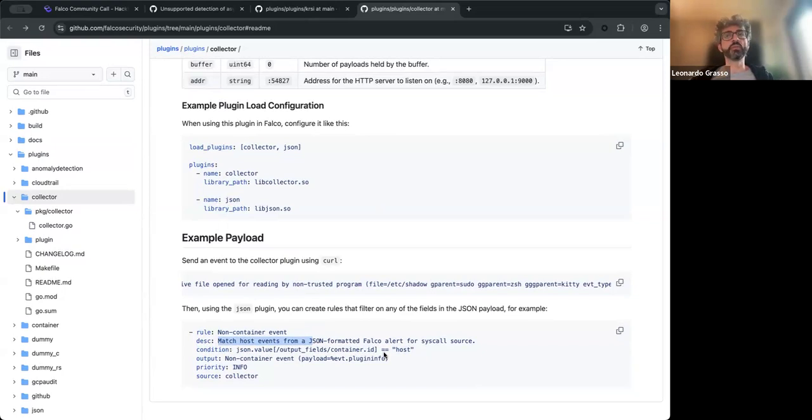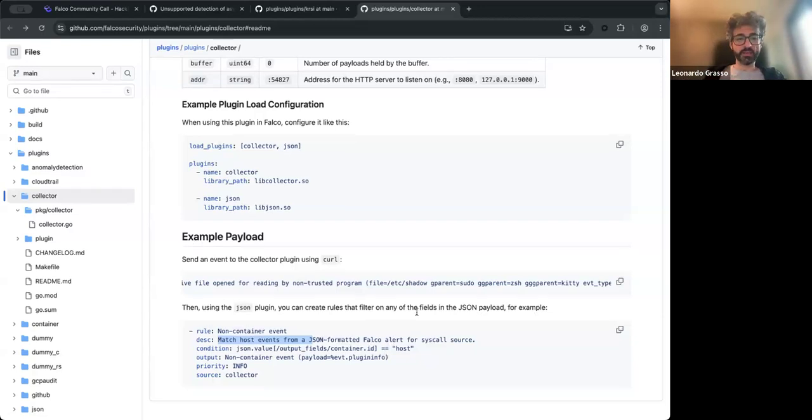but it can be used for a lot of stuff. For example, you can think of having a funnel where there are some Falco instances that produce a lot of events. Then all the alerts will be forwarded into this downstream Falco instance with the collector. And at this stage of the funnel, you can create other rules to do further filtering and forward just those events that you are interested in. That's it, more or less.